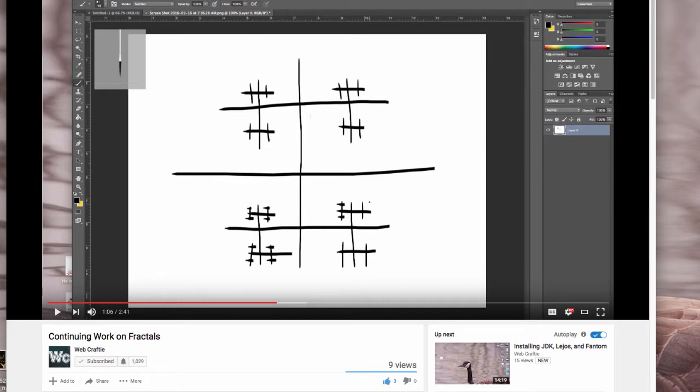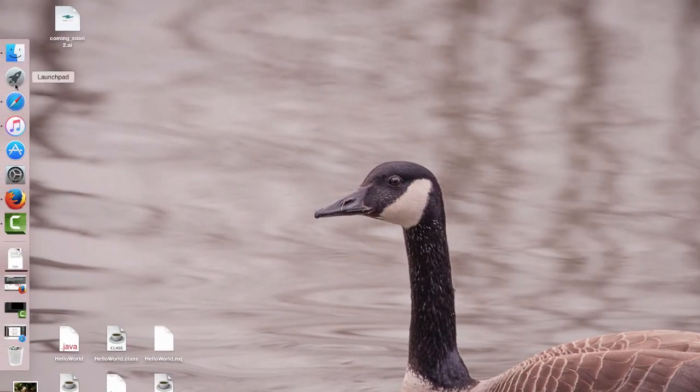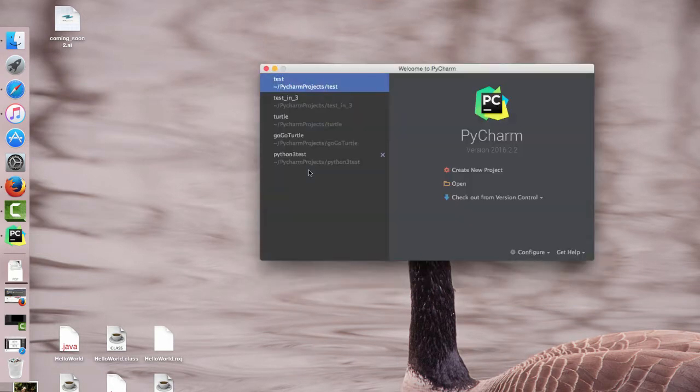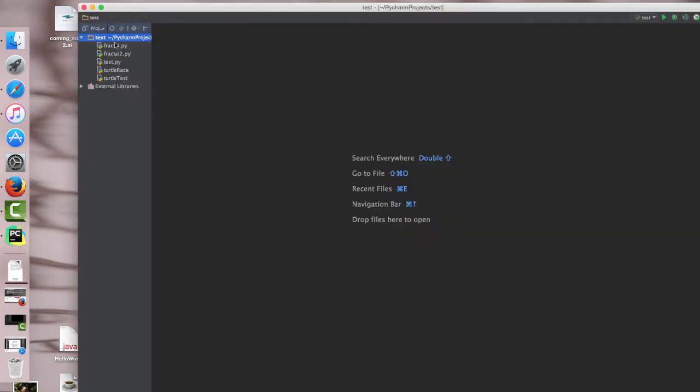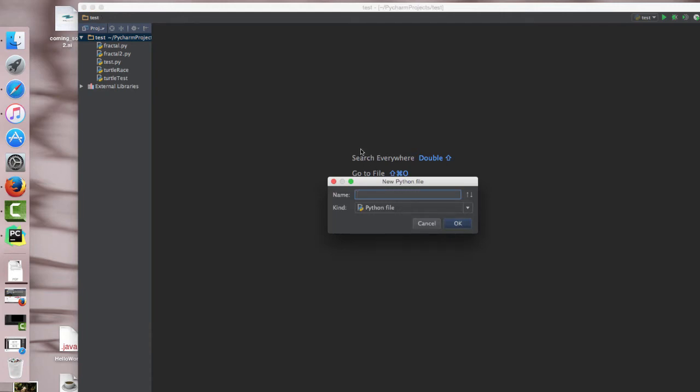So now we need to actually make it. How do we do that? I'll go ahead and launch PyCharm. And I briefly explained this a little bit, right? Like you make a function and you call that function, but inside of that function, you also need to call itself. So I'm just going to create a new Python file, and we'll call this, I don't know, line fractal,